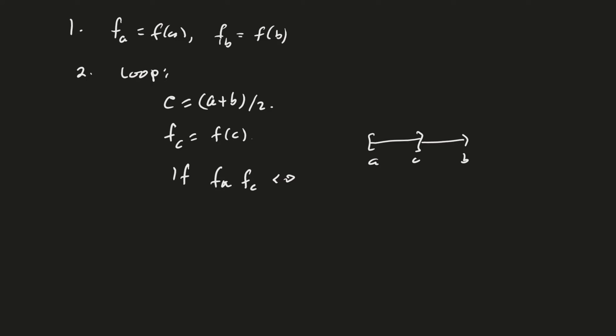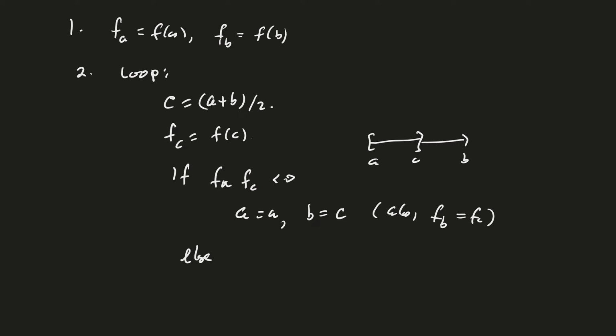Right? And so we reset the interval, so a equals a, you don't really have to do that, but then b, the new b, is equal to the old c, right? And then you also go ahead and reset your f of b, because you've already done that function evaluation. Okay, else, well, if it's not there, it's got to be in the other one, right? So therefore,